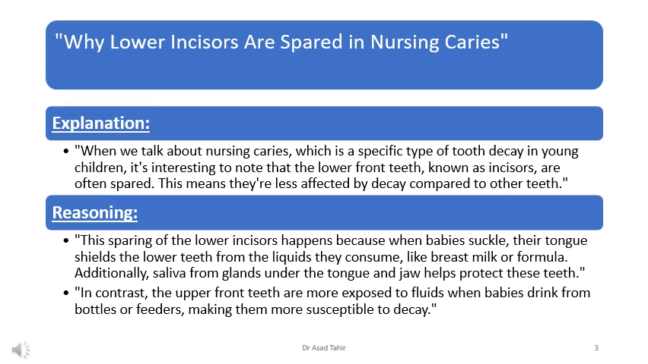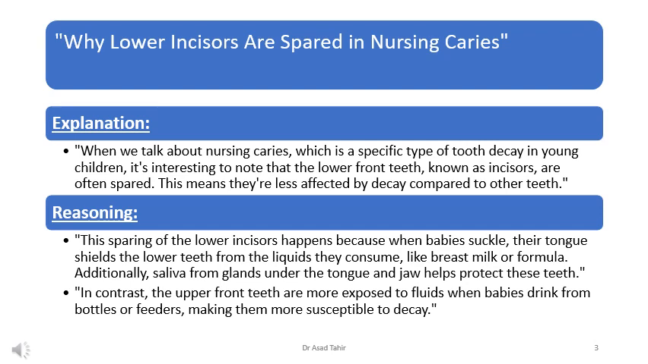Reasoning. This sparing of the lower incisors happens because when babies suckle, their tongue shields the lower teeth from the liquids they consume, like breast milk or formula. Additionally, saliva from glands under the tongue and jaw helps protect these teeth. In contrast, the upper front teeth are more exposed to foods when babies drink from bottles or feeders, making them